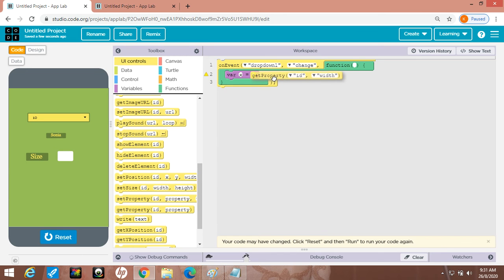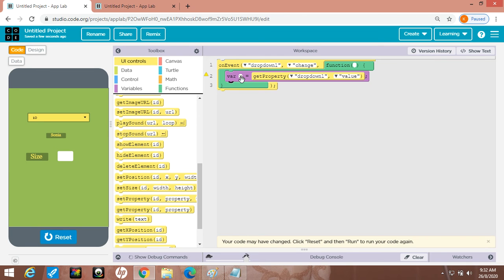The ID is the drop down, so choose dropdown1 from this. Now this size, this value you want, simply use value. This is a drop down, which means when you are dropping, there are many values and you choose only one value. The value you use will be stored in the x variable.